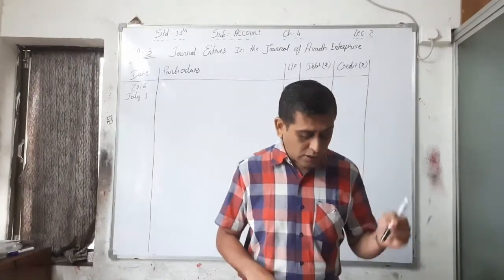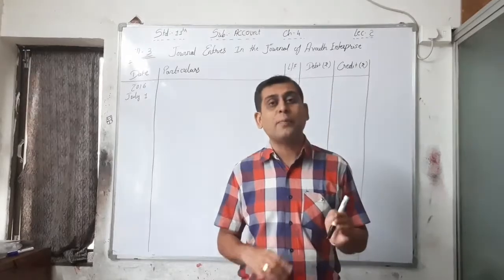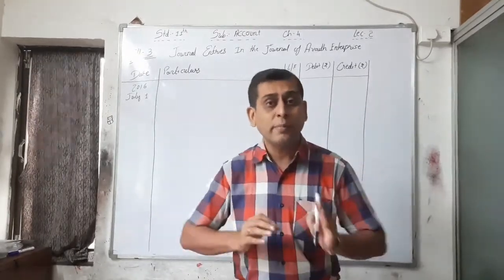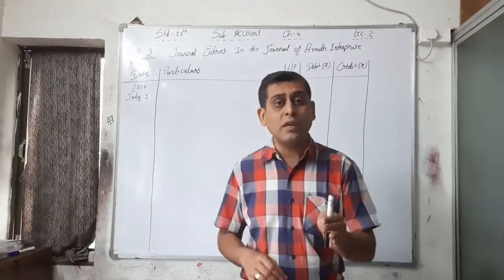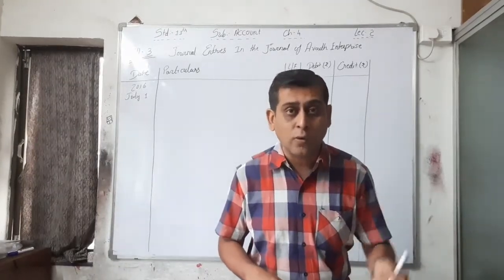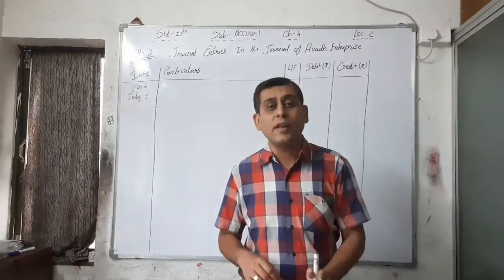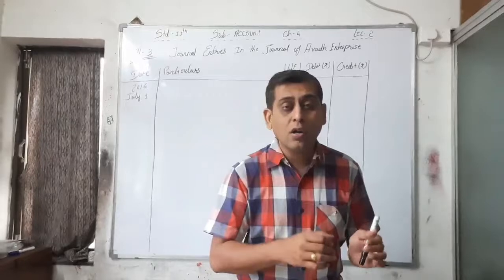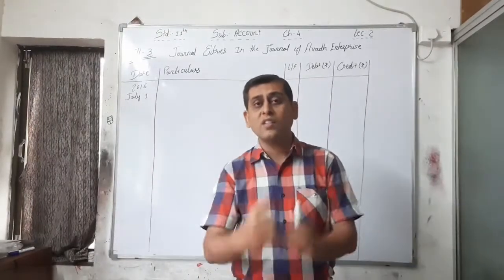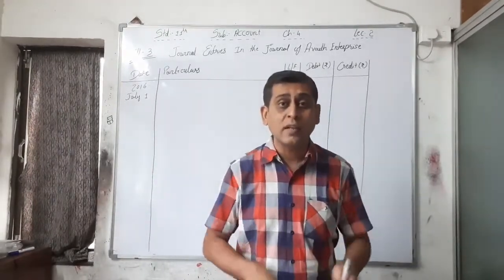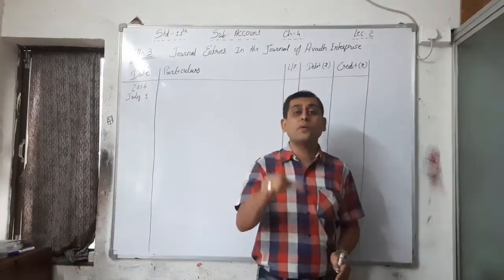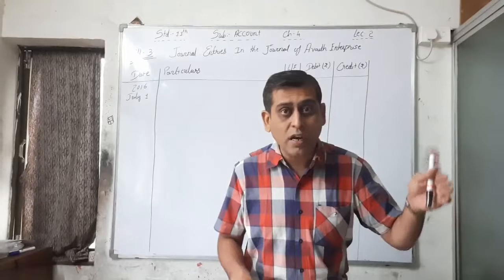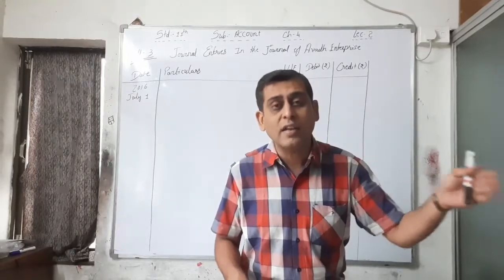See here, these transactions: capital of rupees 50,000 brought into the business to commence the business. What does it mean? Cash comes in. Cash is a real account, and that's why it is debited. So here the cash account is debited, and the owner is the person who is giving the rupees 50,000 to the business. That's why it is the giver's account. Here the personal account rule is applied: debit the receiver and credit the giver.